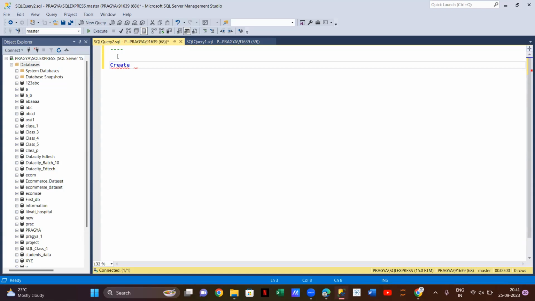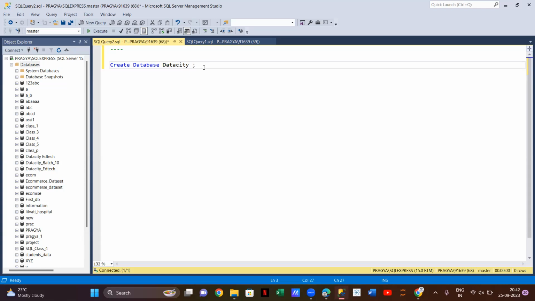For creating a database, you just have to write CREATE DATABASE and then the database name. So if I want to create the Data City database, I will write CREATE DATABASE DataCity